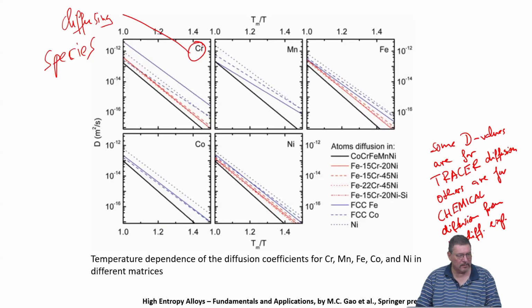Yeah, this is complex. Therefore, the comparison shown here, which always shows that this blackish dark line, which is the measurement in the higher entropy system, is lower than all other lines. This was taken as the reason to say, yes, we confirm sluggish diffusion is happening in high entropy alloys.